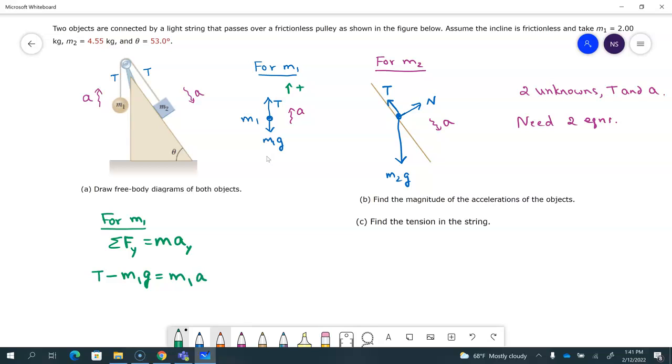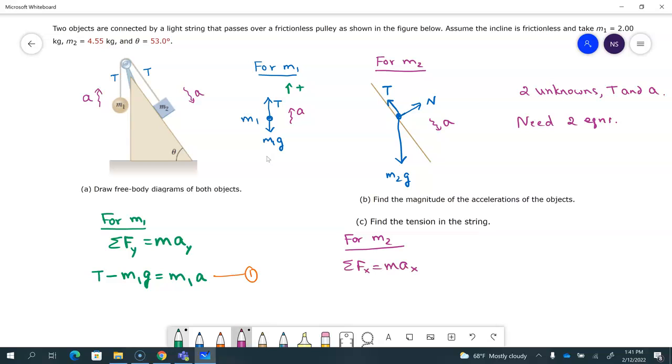And that gives me my first equation. Okay, same way for M2,